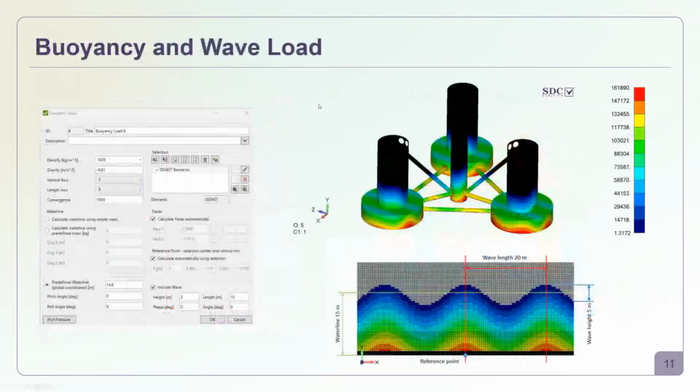Then there is the buoyancy load and wave load combined together. So again, on the left side, you can see the setting window, what needs to be inputted to create such a load. So first of all, what you need to specify, besides some standard values such as density, gravity, and so on, you need to define where the water line is for your structure. If you know this height, then you can automatically apply it, as in this case. But if you don't know it, it can be